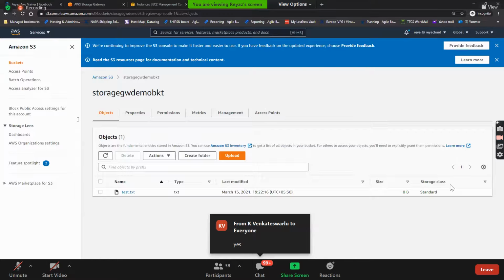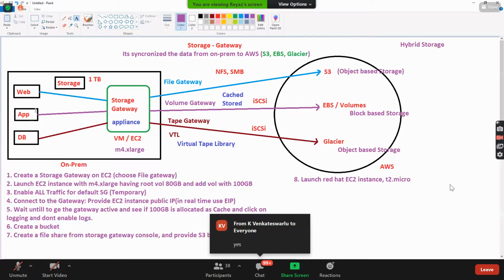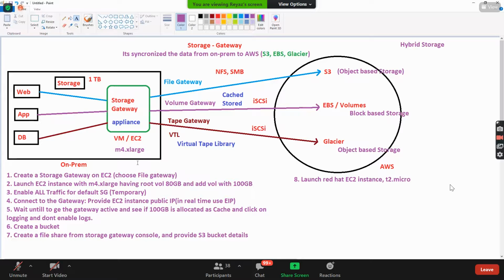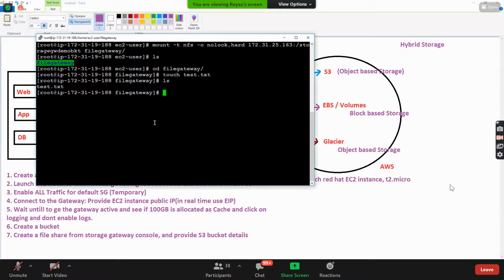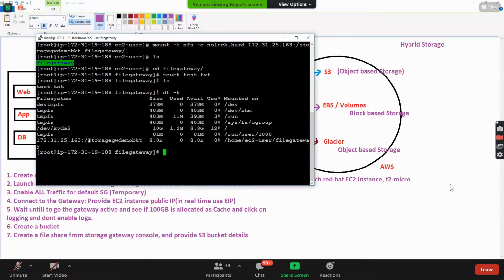That means somewhere on premises, if you mount that mount point on your normal machine using storage gateway, you can put as much data as you want. If you use df -h, which is a command to see the mount point, see, this is the mount point. This is an unlimited mount point. Whatever data I put here, indirectly you have mounted this unlimited storage S3 to your machine here. Is it clear? Isn't it wow, in your on-premises?